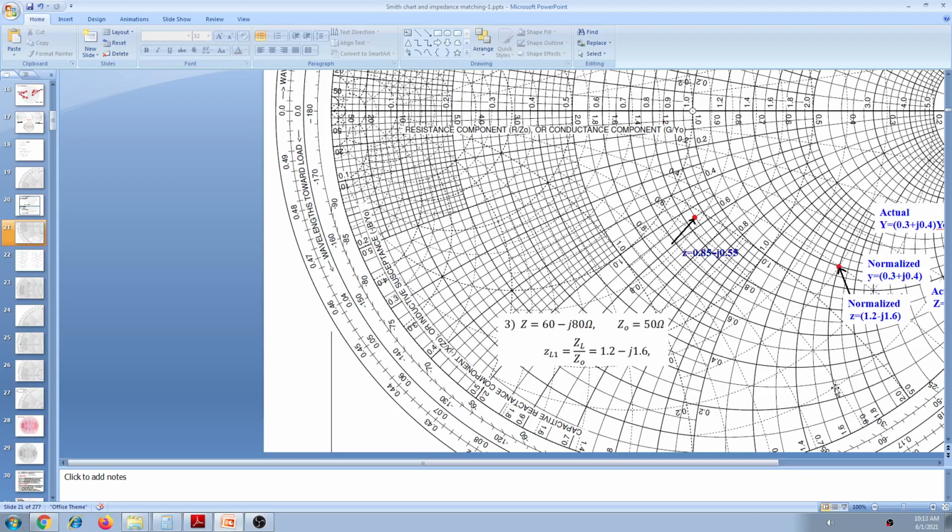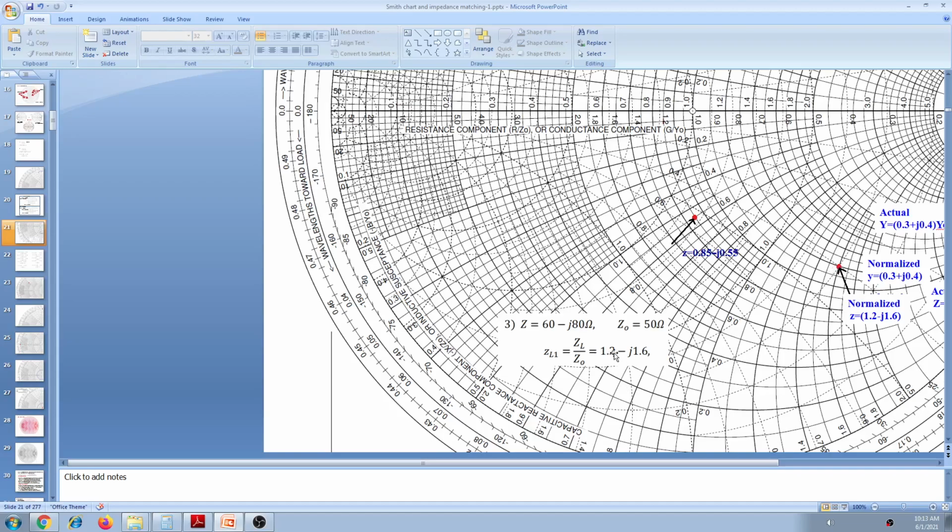This is our reactance circle. This is a reactance circle. This is the susceptance circle. But we need the reactance value of minus 1.6. So this is 1.6, and you move over like this, along this reactance circle. It intersects the R equal to 1.2 circle. This is the R equal to 1.2 circle here. This is the minus 1.6 x circle. It intersects here. Note down that point here, whatever our impedance point is.